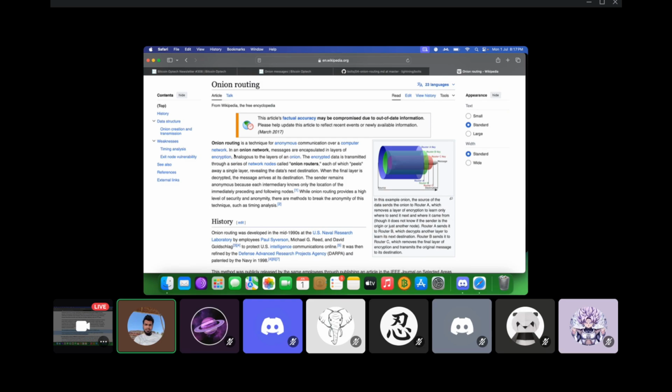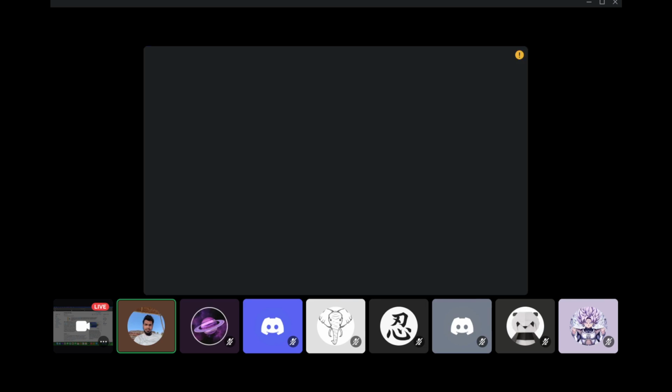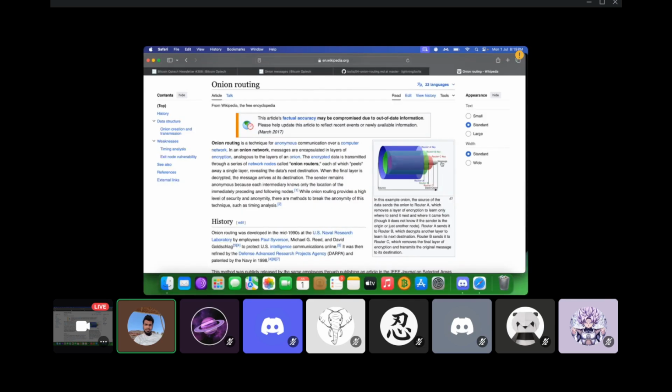So for example, assume this is an onion message. There's the first layer. The first participant in onion routing will get the message and peel the blue layer, and then forward it to the second participant, who will peel the green layer, then to the third participant, who will peel the orange layer, and then to the final participant, who will get the message that is a lightning payment.